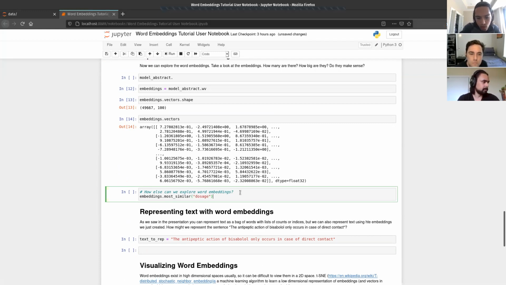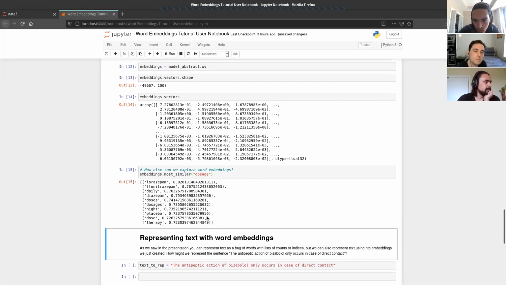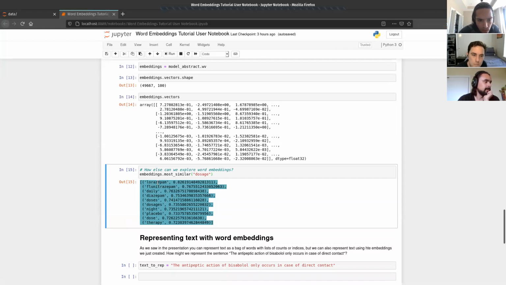So what are the most similar words to dosage? You should hopefully get something similar to this. If not, let me know offline and we can work on debugging that. But quick sanity check, a lot of these look like they're either drugs, or a variation of the word dosage: doses,